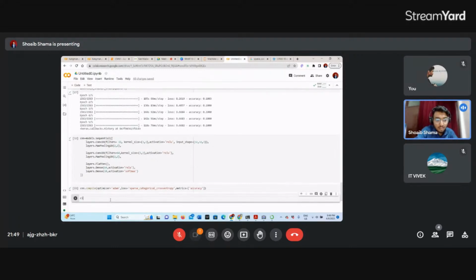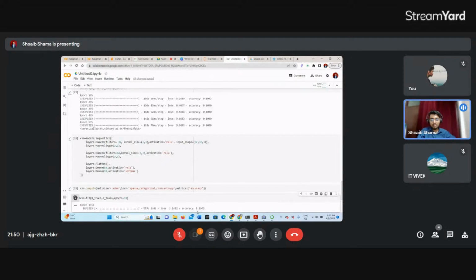If we train like this, cnn.fit, X train, Y train, and epochs, I will take a batch of 10. So this will show us this. Yeah, it's running.